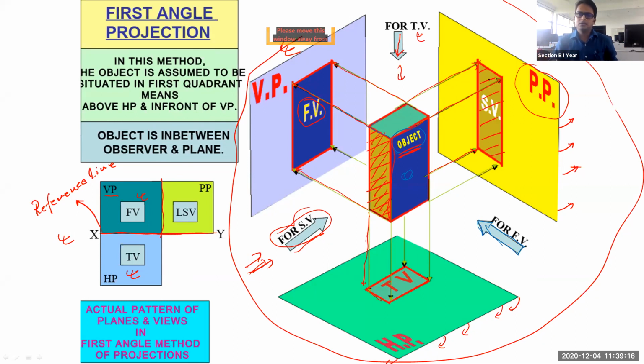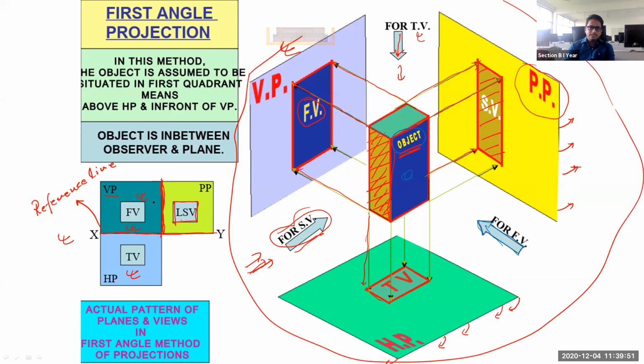But where is the shadow falling? The shadow is falling to the right hand side of your vertical plane or your front view. So that's why you can see, or remember, or keep in your mind LSV here. It is written in short form. What is LSV representing? Left hand side view, LHSV. And where is it falling? It is falling to the right hand side of your front view. Keep this in mind always.